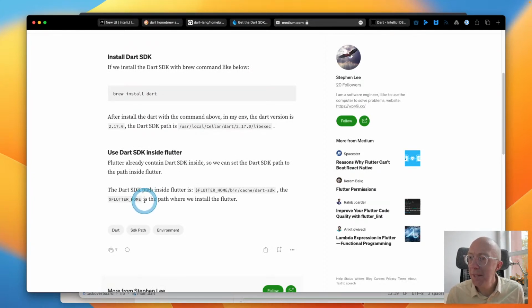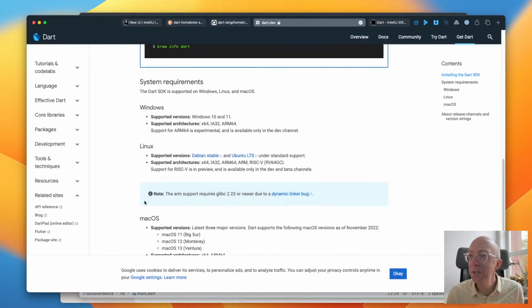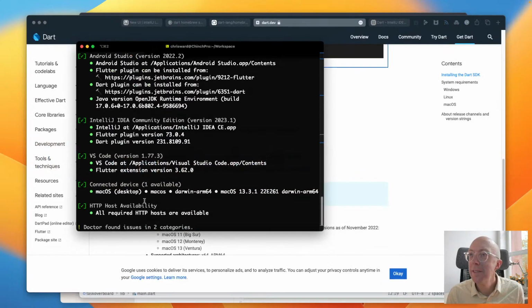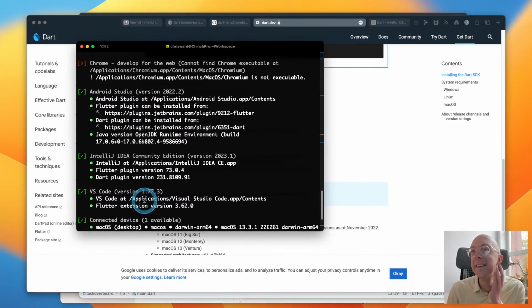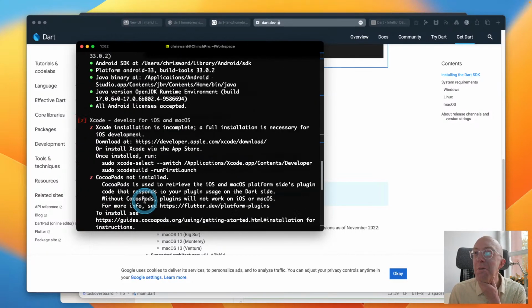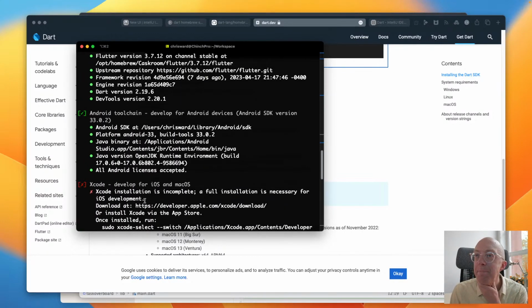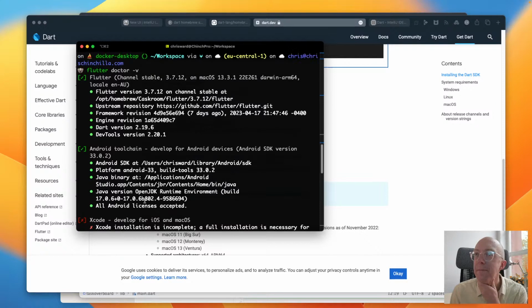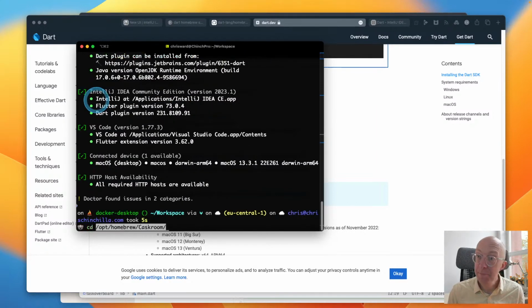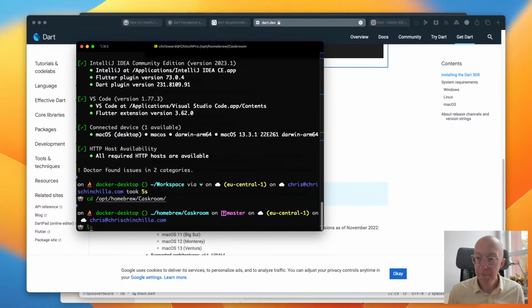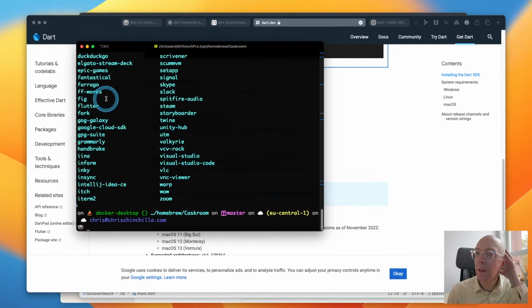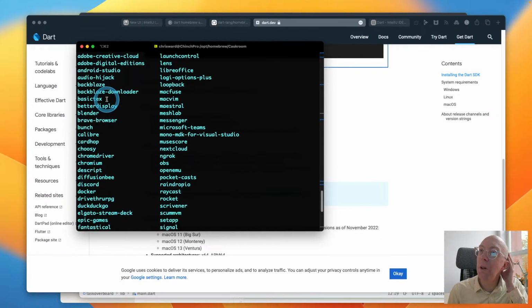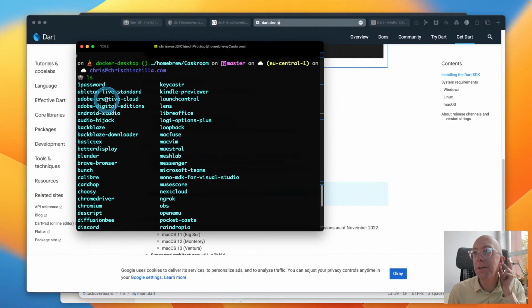Okay, if that already contains the Dart SDK, I'm not sure about that, to be honest with you, but at least maybe we could just go for this path first and see if we can find where the Dart SDK is. No, these are all casks.